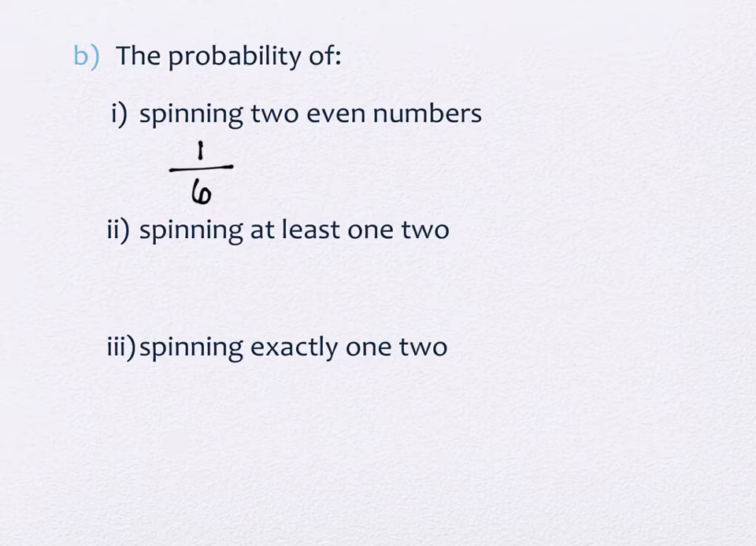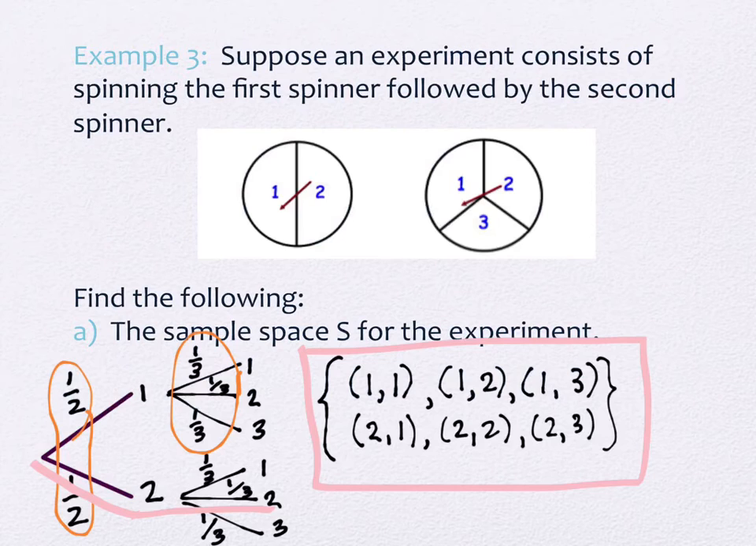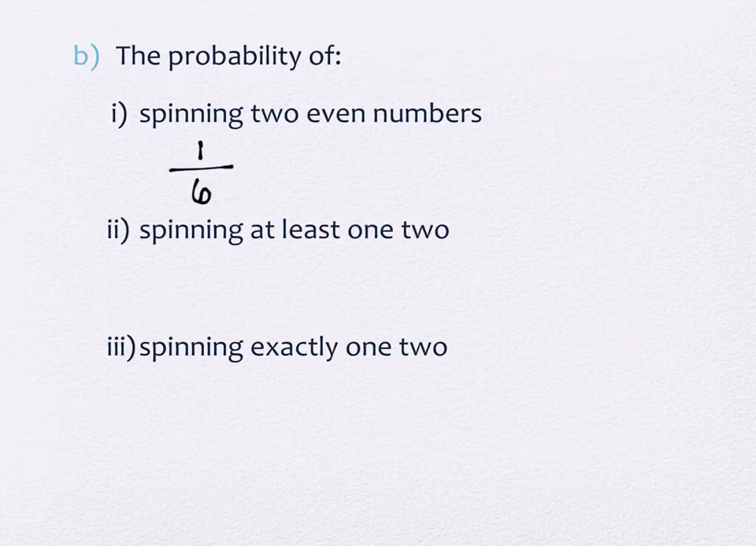Second question says, spinning at least one 2. So that means any of them having a 2 in them. How many of my outcomes have at least one 2 in them? There are 4 of them. I've got 1, 2, 3, and 4. So there are 4 outcomes that fit that criteria out of 6, and 4 out of 6 is actually equal